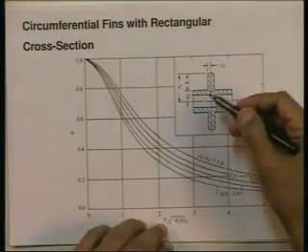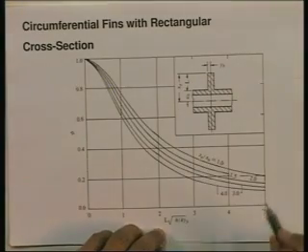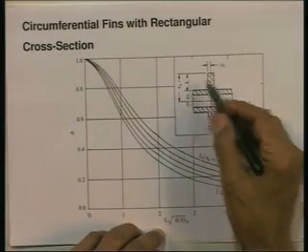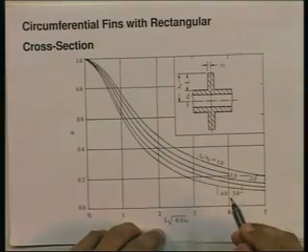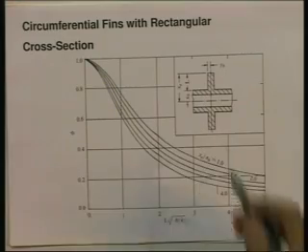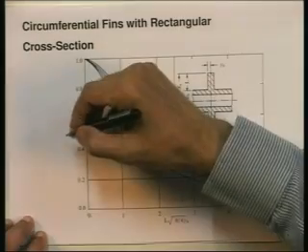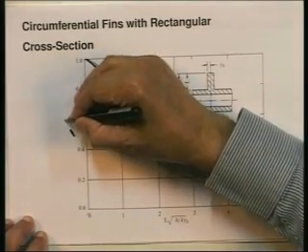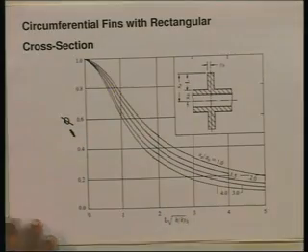For instance, you recall when I started talking of pin fins, I referred to circumferential fins with rectangular cross section. You recall I showed this geometry and I said around cylinders we put circumferential fins like this. Now, for this case, this is a well analyzed case of a circumferential fin around a circular cylinder. For this case, the fin effectiveness phi, let me write this in bigger letters, the fin effectiveness phi is plotted